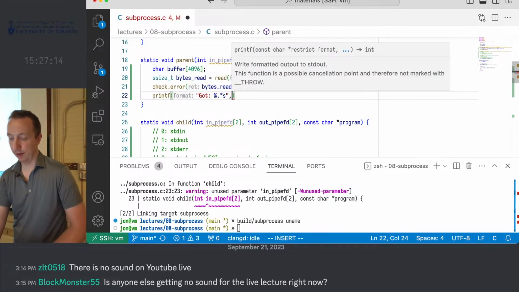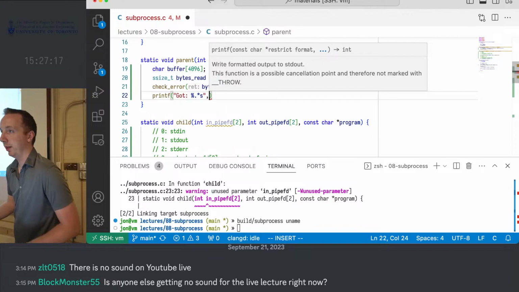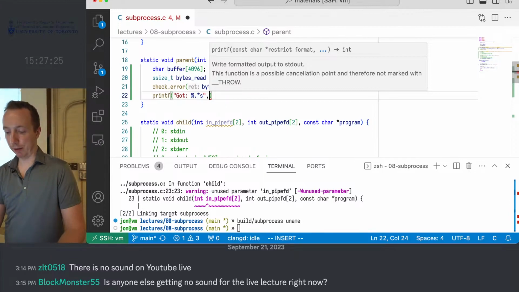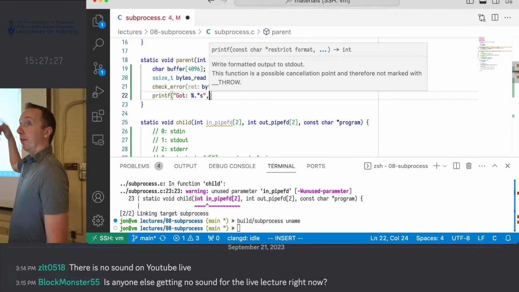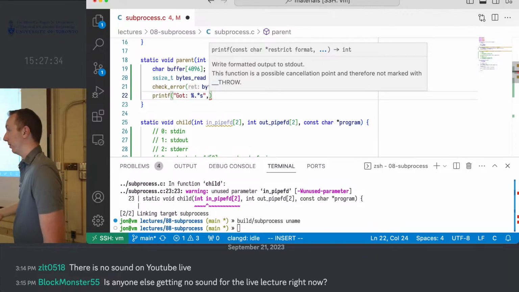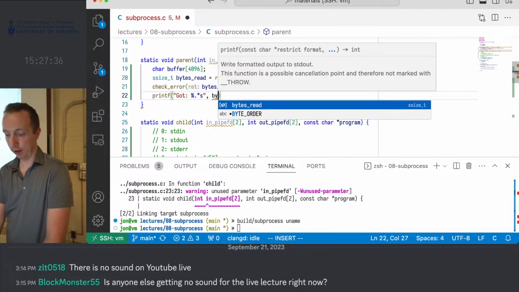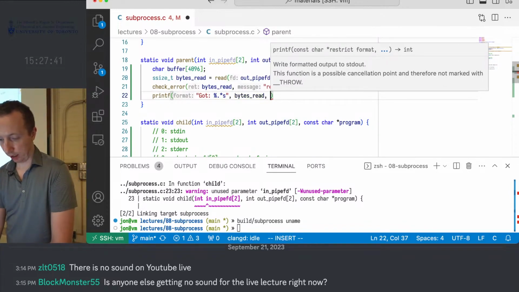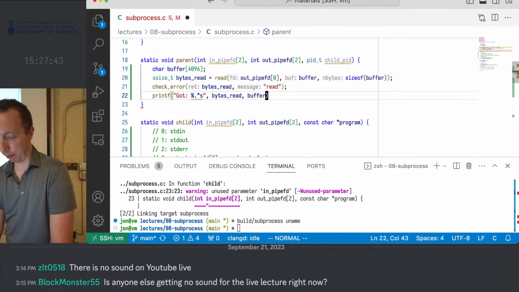Because whatever I read, I'm not guaranteed it's going to be a C string, because it just outputs some bytes. It's not going to end in a null terminator. It just is whatever it is. So I can do star dot string, and that way I can give it another argument to say how many characters you are actually going to print in this string. So I'll tell it I have bytes read characters to print, and it is filled up in my buffer. So if I do that,